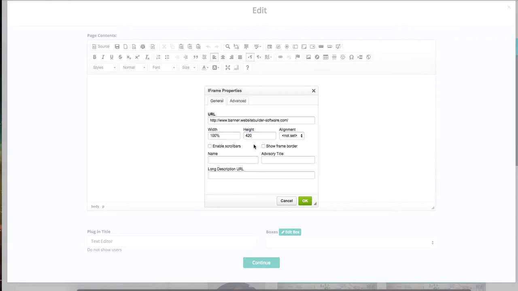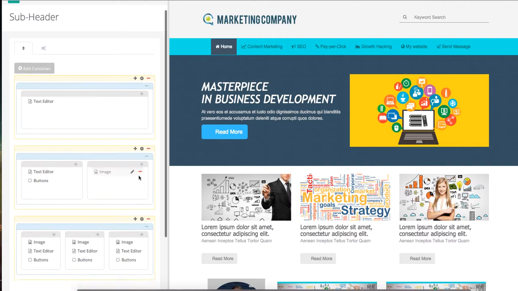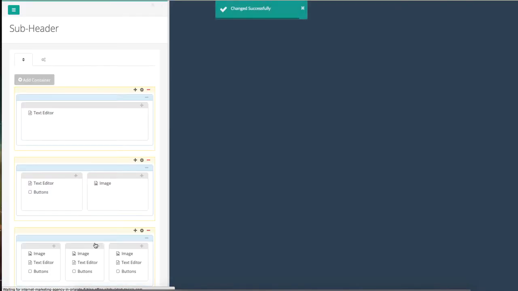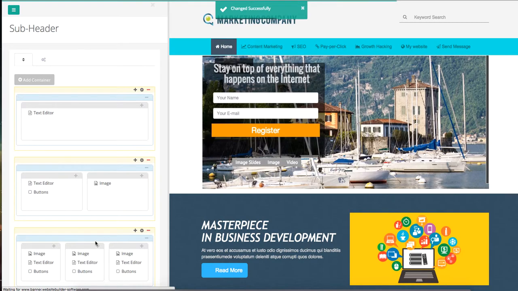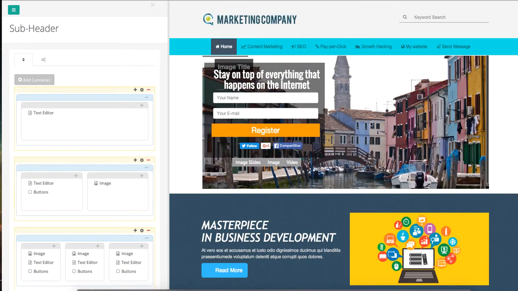So once we have it here, we have our little cushion here. Press OK, and we get our iframe outline here in our text editor. Now press continue, and make sure you press save after everything you do on the blogs, because it updates as you move along. All right, so look at here, we have our website. Now we don't quite have it all the way across the board, so what I want to do is come here,